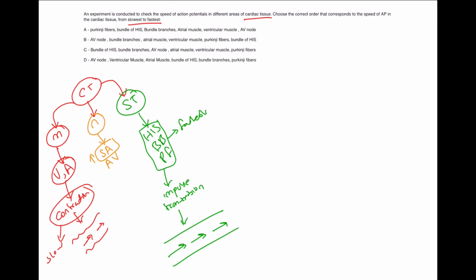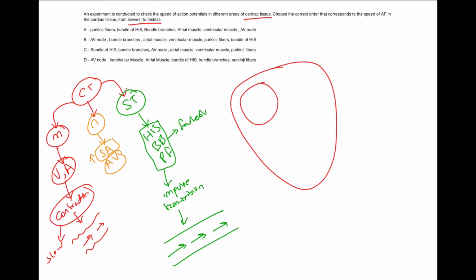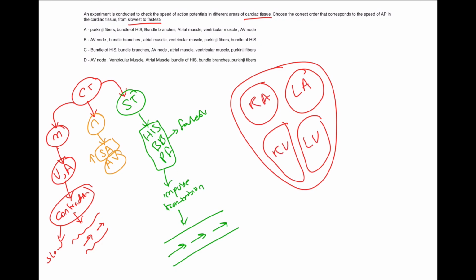Your AV node is a different story because your AV node lies at a junctional pathway. What do I mean by this? Imagine your heart and you have your four chambers. This is your left atrium, your right atrium, your left ventricle, and your right ventricle. Your SA node lies somewhere here, close to the superior vena cava, and your AV node lies right here, close to the